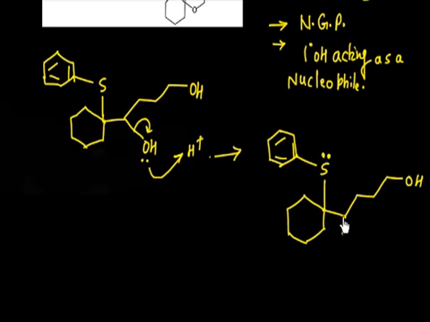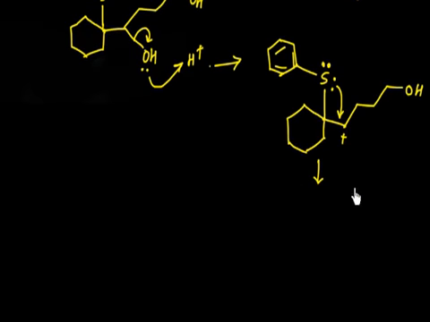Now you see, I can have this sulfur basically having 2 lone pairs. This lone pair can attack this carbocation to make this carbocation stable. So this attacks here. If you have something like this, it is called neighboring group participation. So this is NGP. If you have something like this, you will have a cyclohexane ring, and then you